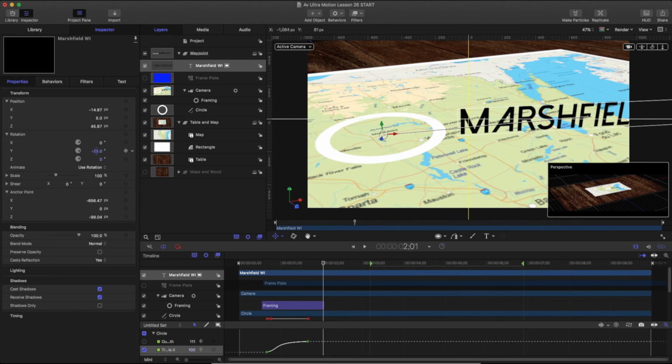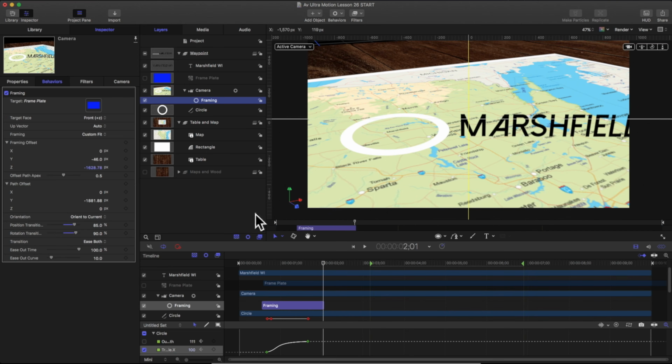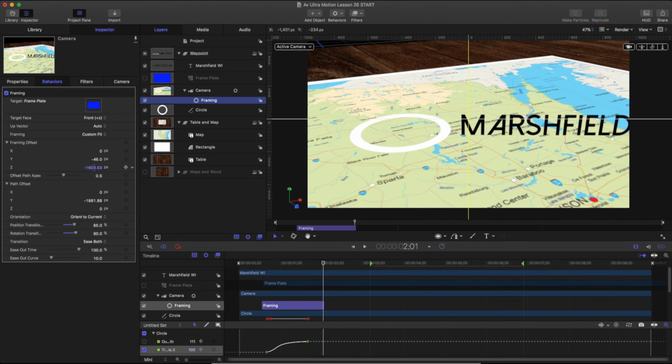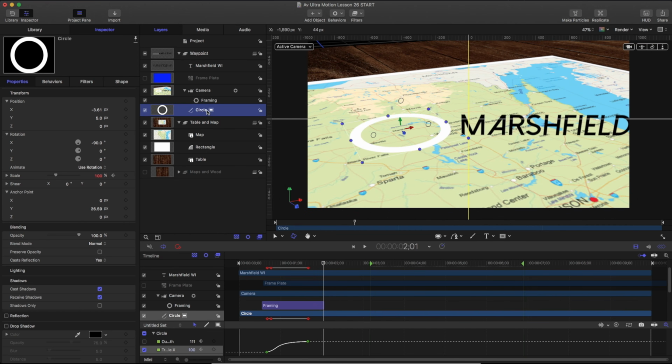I'm going to go ahead and just finesse this a little bit now. I've got my locator, I've got my text. Can't necessarily read all my text, so I can either resize my text or change my framing a little bit here. So I'm going to just zoom this out a little bit using my framing offset. And if I want to change the scale of this circle, notice I have my keyframes on there,